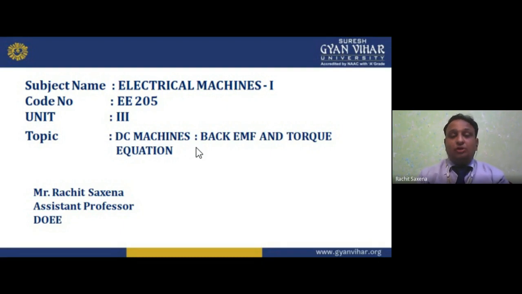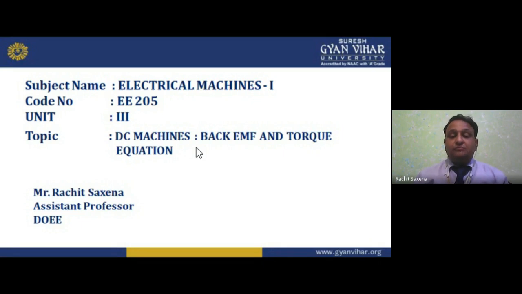Now, my dear students, if I am talking about the motor, what happens in the motor? In a motor, we are doing the reverse of it: converting electrical power into mechanical power. A current carrying conductor placed in a magnetic field experiences a force. That means Lorentz force, the electromagnetic interaction or force law. We studied this in unit number 1. So for the motor, we use electromagnetic interaction or the force law.